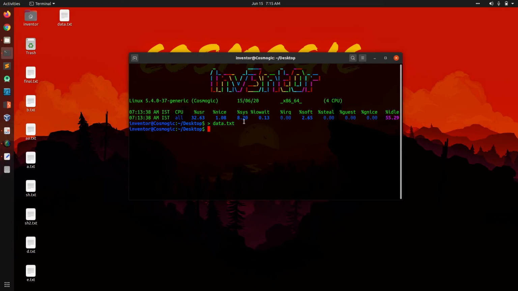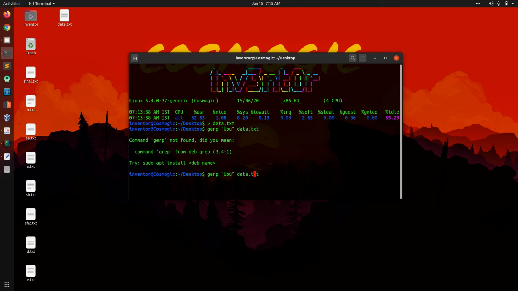Now we want to get a certain pattern from the file. We can write grep, the pattern and the name of the file. We can see Ubuntu, and Ubuntu is showing over here.